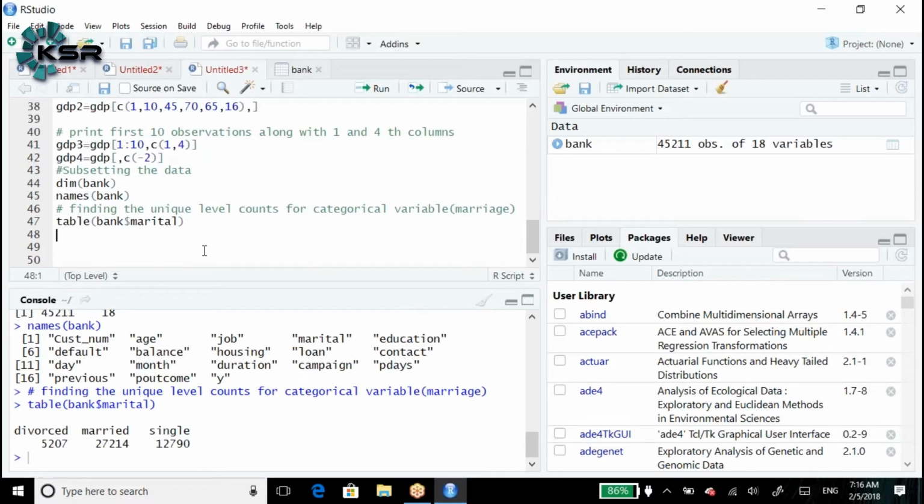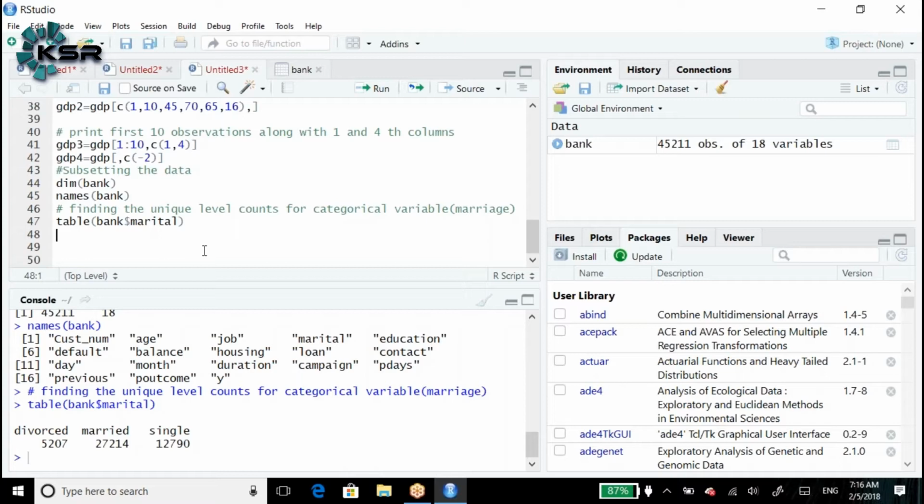Here under the bank marital status, we have divorced customers 5207, married customers 27214, single customers 12,790. Now, single is one unique level.